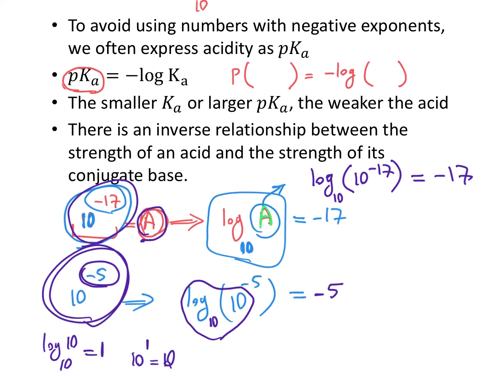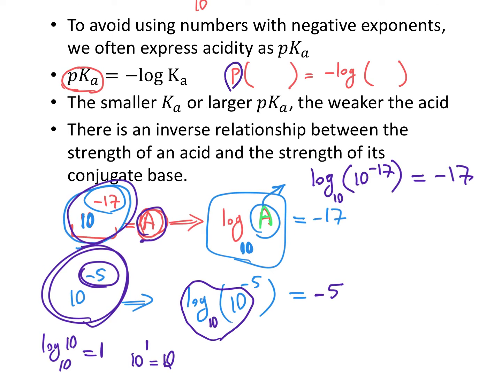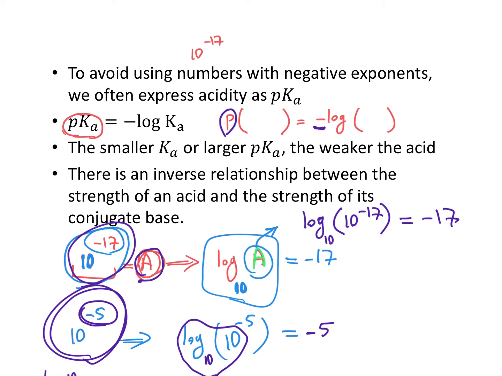And here, when we have p of something, that is minus logarithm. So if I give you 10 to the power of minus 17, you remember she said logarithm is power, is the exponent. What is the exponent here? Minus 17, right? But the p function is minus logarithm. So what would be the answer here? 17. Does that make sense? Good? Any questions about this?